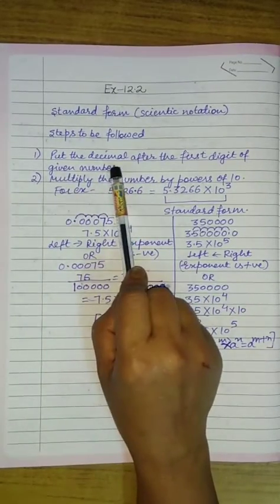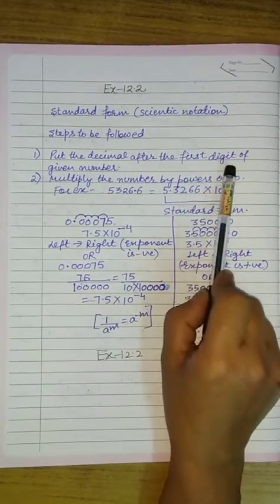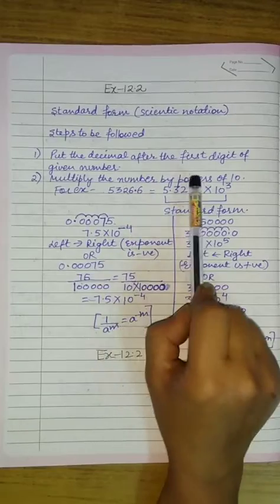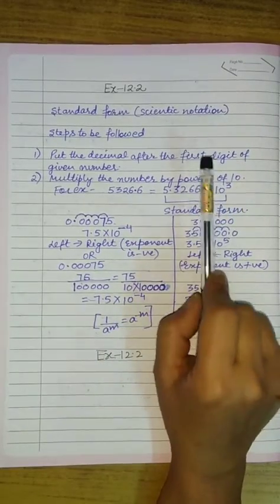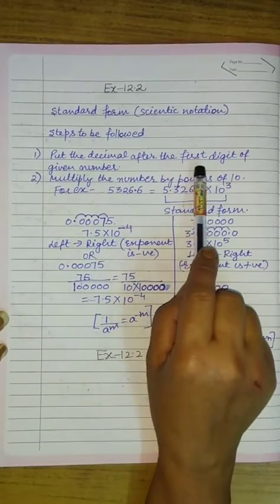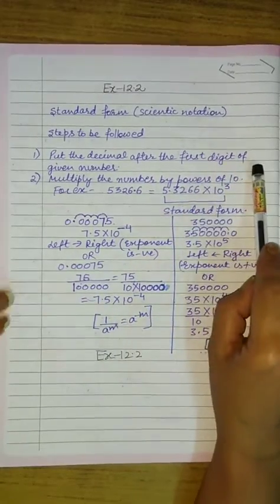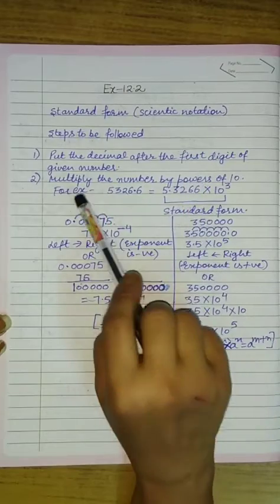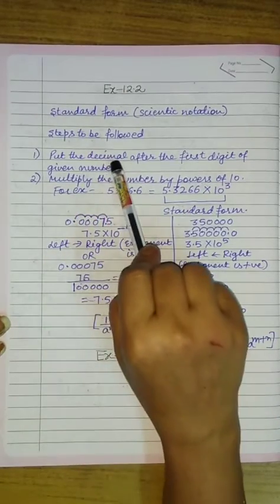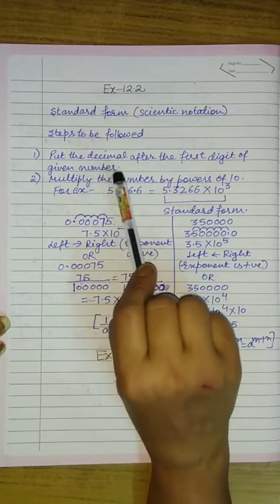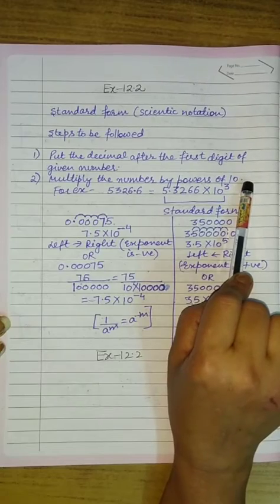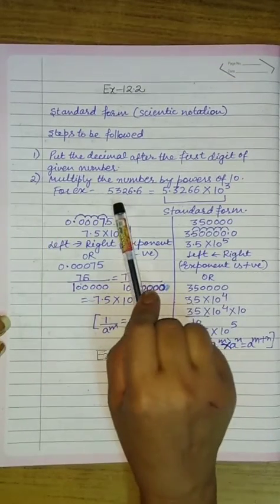First, put the decimal after the first digit of the given number, and then multiply the number by a power of 10. So there is a particular method to shift the decimal after the first digit of the given number. The second step is to multiply the number which we got after placing the decimal after the first digit by powers of 10. For example, I have the number